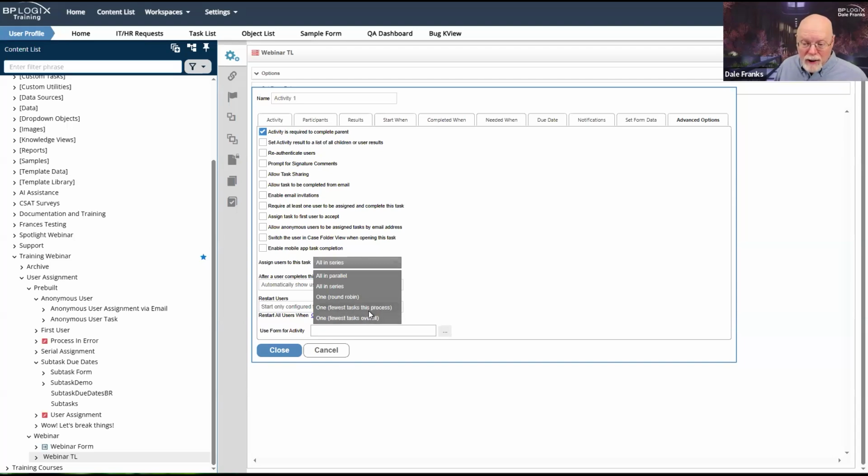And the system is just going to track who is the next assignee on this task. I also have the ability to take a look at who has either the fewest tasks in this particular process or who has the fewest tasks overall, and I can actually assign tasks via workload balancing. So I might assign a task to 2 people, and one of them has 10 tasks and the other one has 2 tasks.